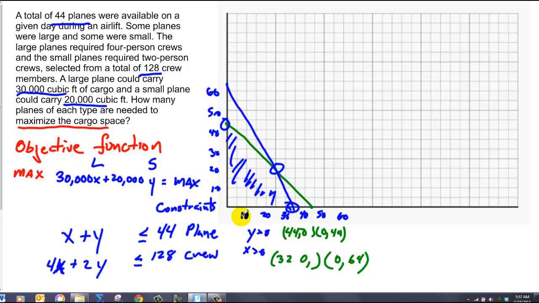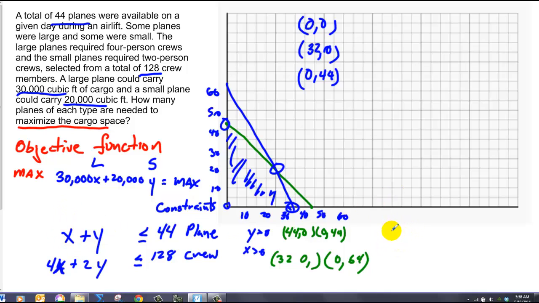I have my corner points of my region. So those are 0, 0. I have 32, 0. I have 0, 44. And then I'd have to actually find the intersection of those two. So I can do that once again by